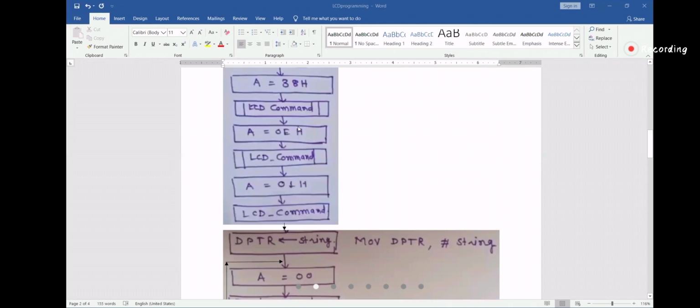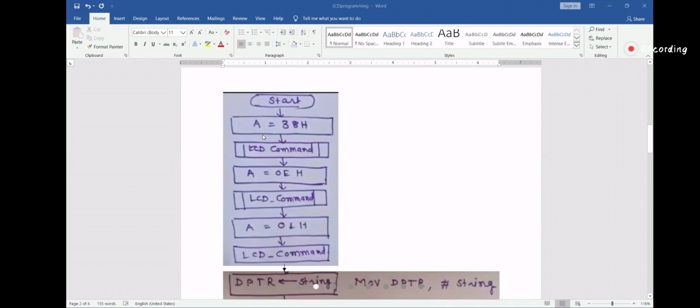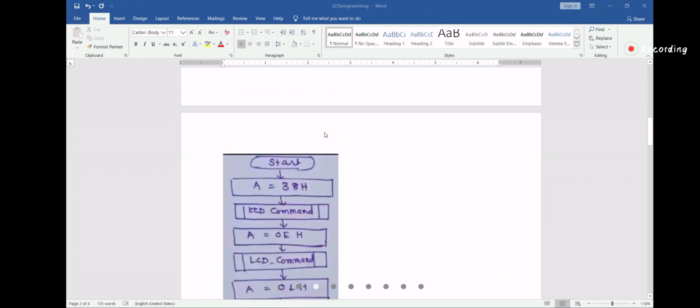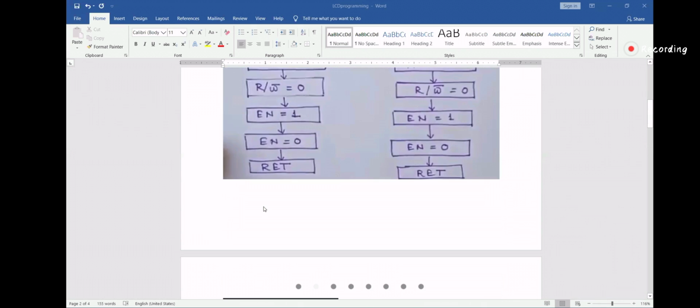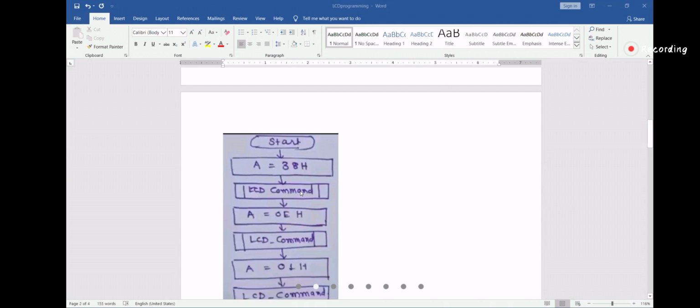So first A equal to 38H, 2 rows will be selected. And after that, since 38H is a command, you have to call the command register subroutine. So you'll call LCD command.